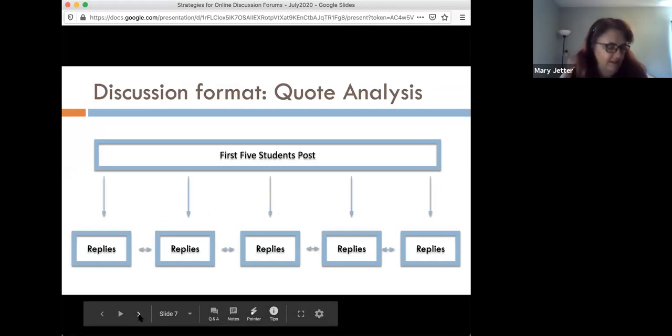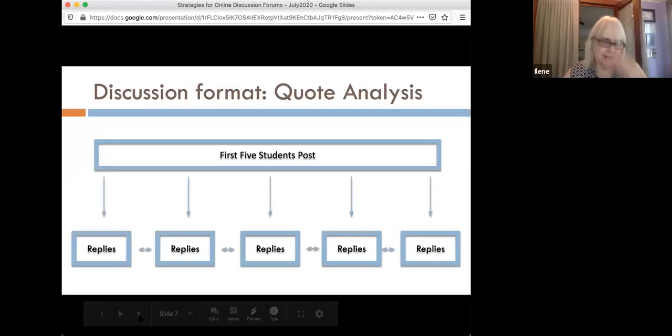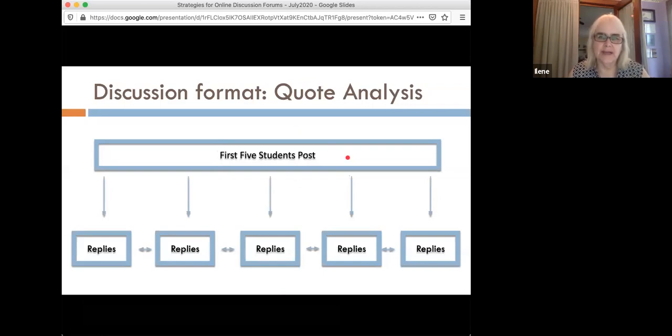Oh yeah. Okay, so this is a format I have liked a lot. The 5 students to the post. It's called a quote analysis, and it engages students with reading. So this is a great strategy if one of the things you want to do is have your students think about how they read and have them learn how to read in your discipline,